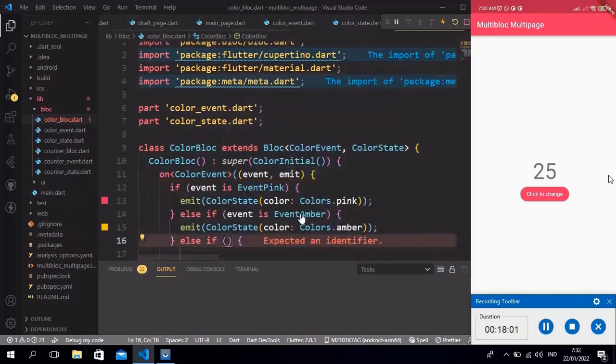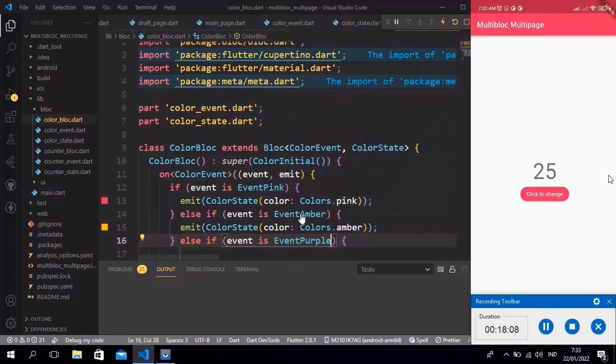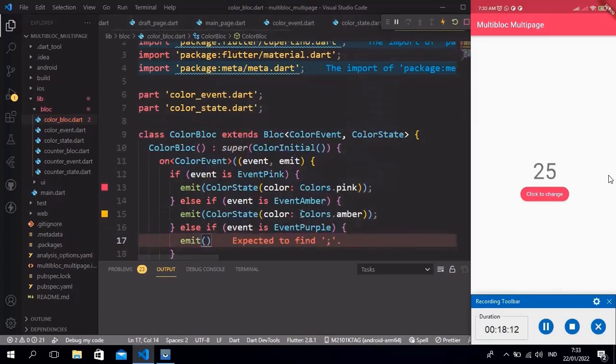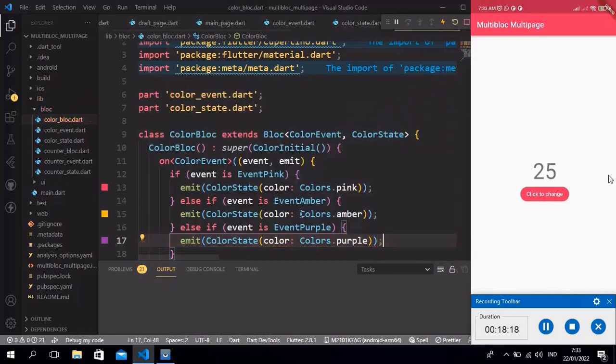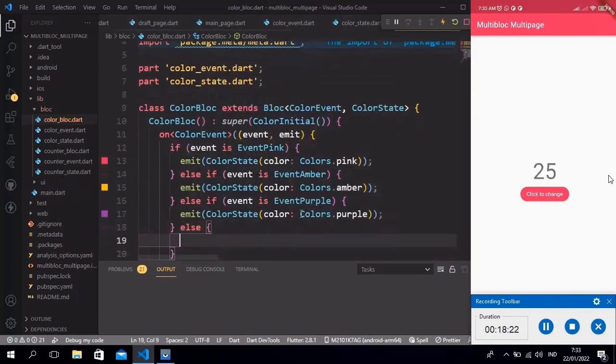Else if the event is purple, then the state should be color purple. Else, the state should be pink too, because pink is the default color for that app.